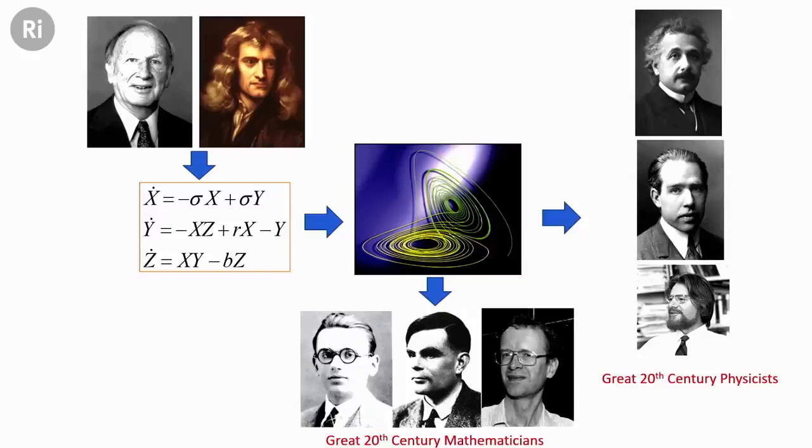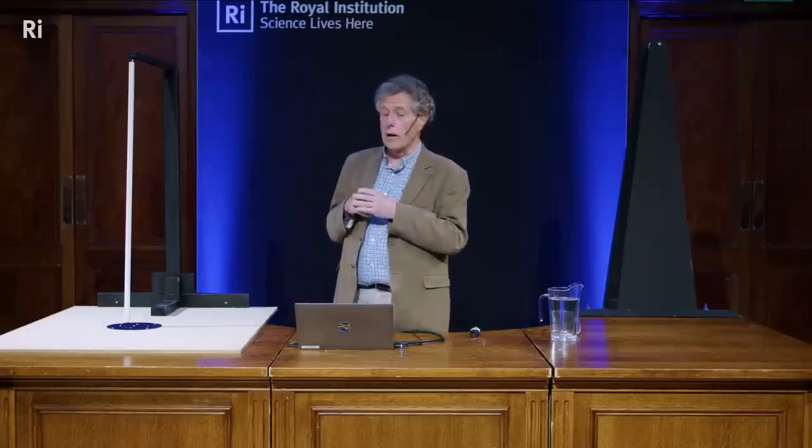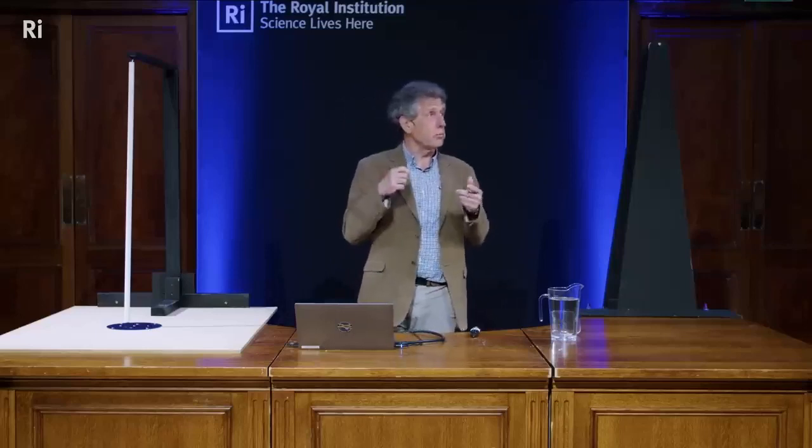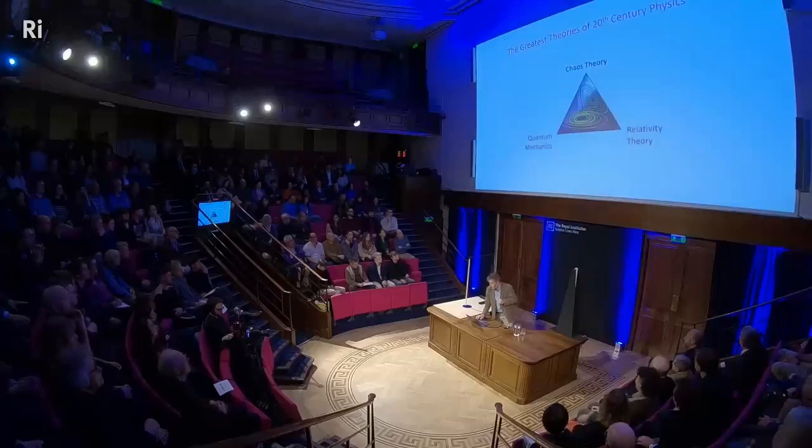And it seemed to resolve the big debate that Einstein and Niels Bohr had in the early 20th century in favor of Niels Bohr. And I'm going to claim that fractal geometry actually might tilt the balance back towards Einstein. That's my view. Not everyone necessarily agrees with me on this, I should say. Okay, so